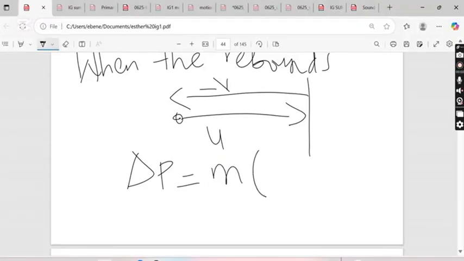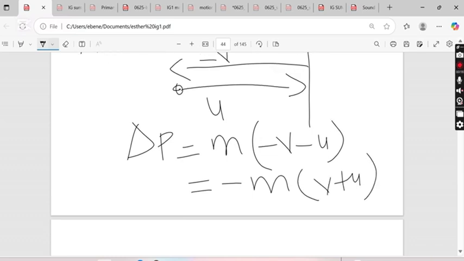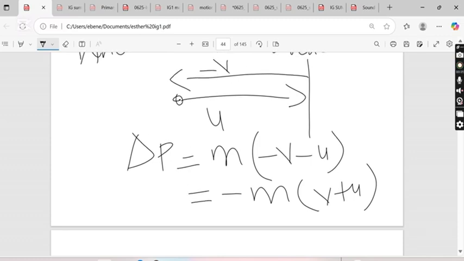The mass in brackets minus V minus U. So if you are doing it really well, it is going to be minus M in bracket V plus U. The magnitude of the change in momentum is M in bracket V plus U. The negative sign in front of this magnitude